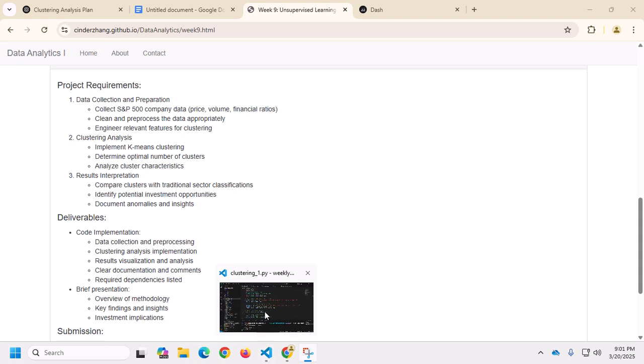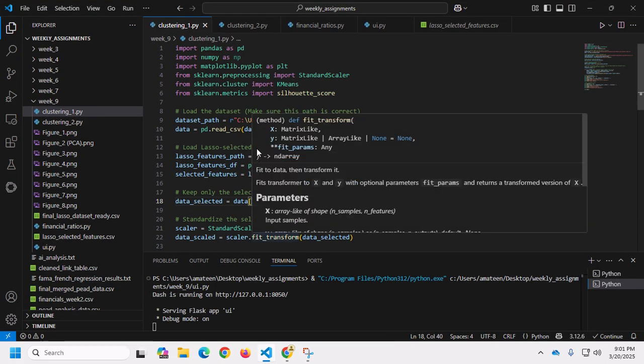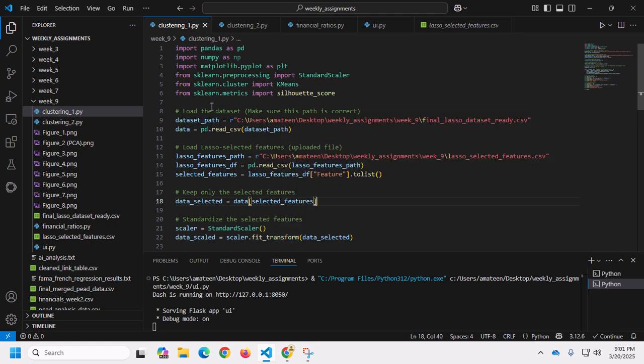Let's jump on to the VS Code first. This is the first file. So in this one, I already had the data that I used in week seven's assignment that included all the S&P 500 data downloaded from WRDS. It had all the metrics that I already needed, so there wasn't a problem over there. And then I had already cleaned it up. I had removed all the infinity values, all the NaN values, so none of that. It was completely clean, and then it was